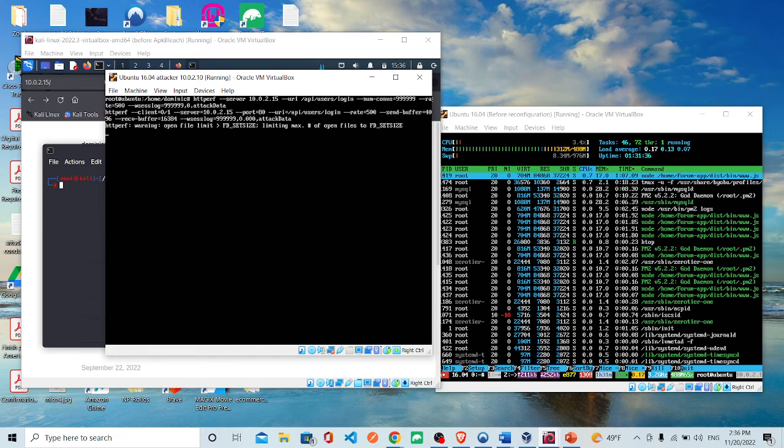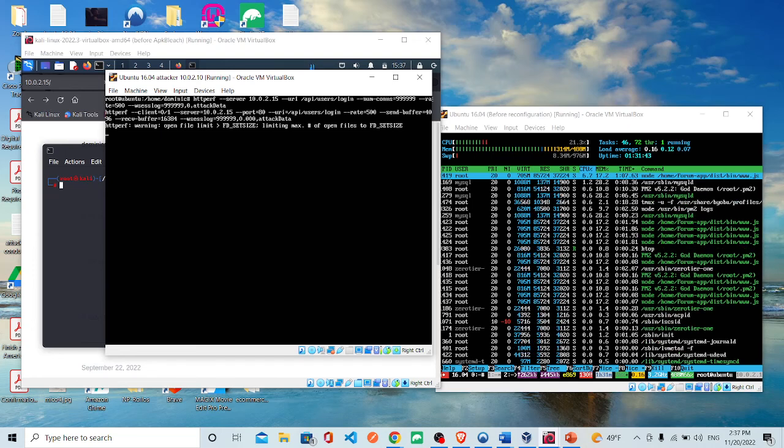And the other attack is going to be based on POST request. So this is the POST request, and we're going to see how this now impacts the CPU utilization. And again, it should be less than 30%, and that is